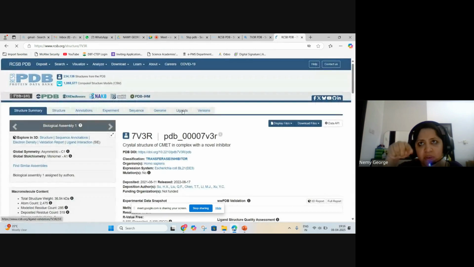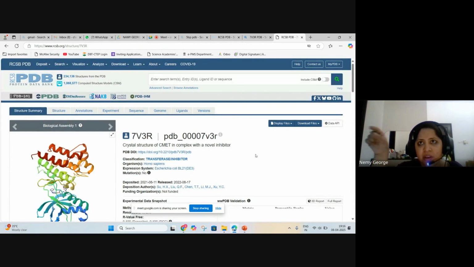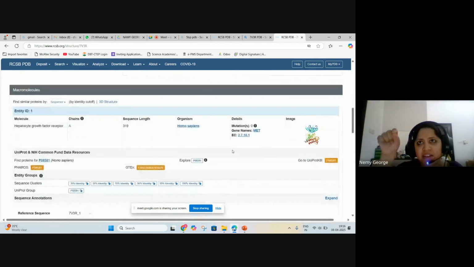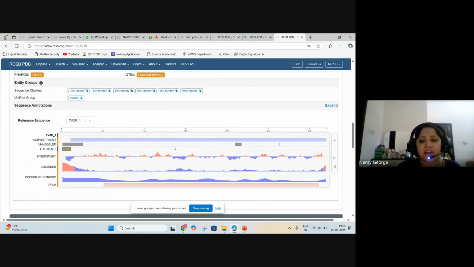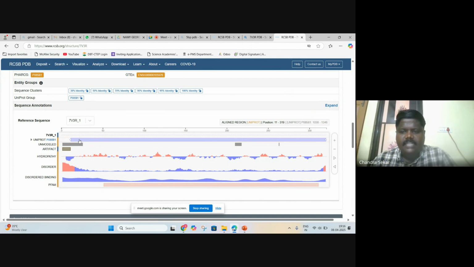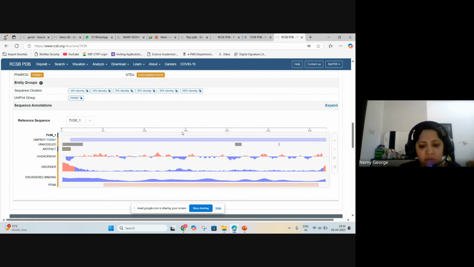And this one, I checked in the AlphaFold, what you showed, sir. In that, when we go, we can see the proteins. Along with the proteins, we can see the range also, where they have highlighted the range. I cannot understand it from here. It's 11 to 319.